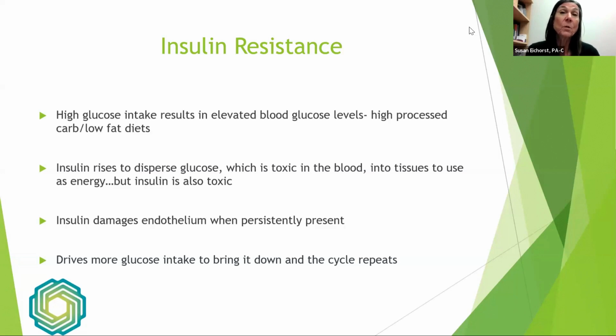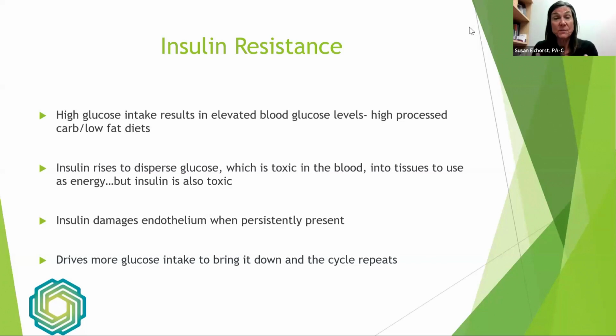and what we are trying to revert back to a more whole food diet that diminishes the amount of glucose that's taken in and lowers the amount of high insulin rises that present during the day. Because as insulin rises to get that glucose out of the bloodstream, because it's toxic. Glucose is toxic to the blood. It needs to be in the cell where it can get utilized. Regrettably, once that insulin is pushed into the cell, if your insulin remains high, insulin's also toxic to your blood.